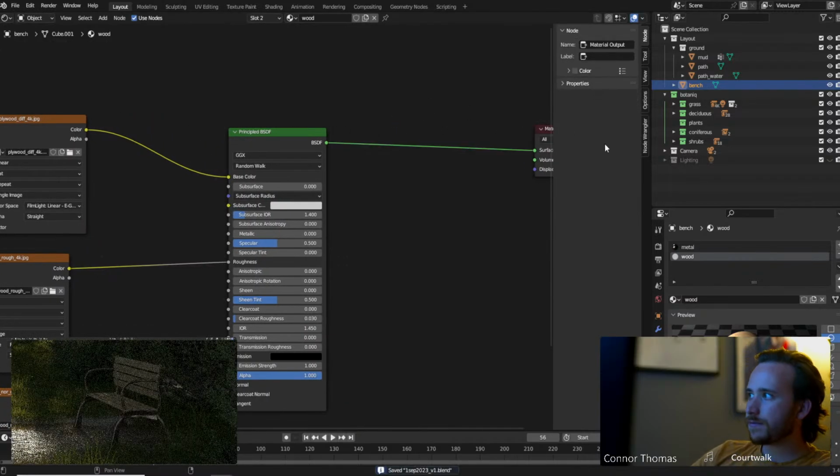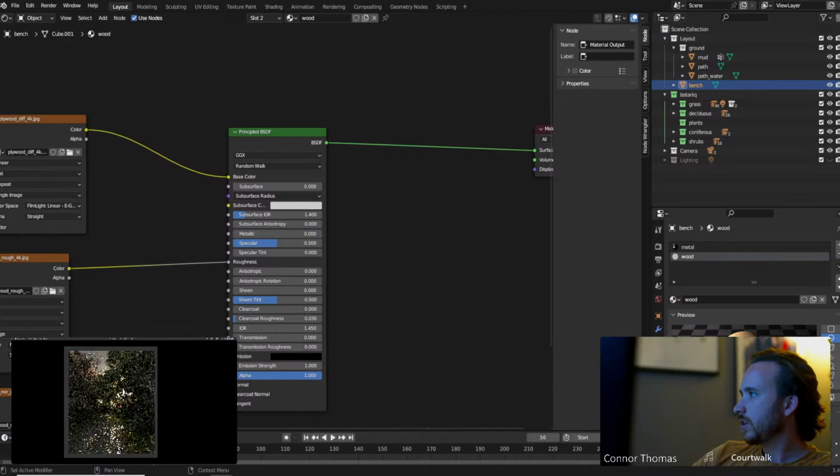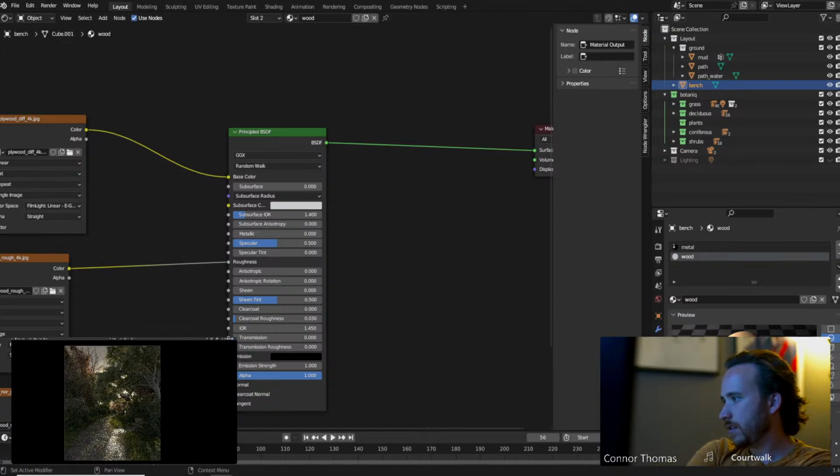Let's go ahead and save. Zoom out here now. See what we're working with. Okay, we have